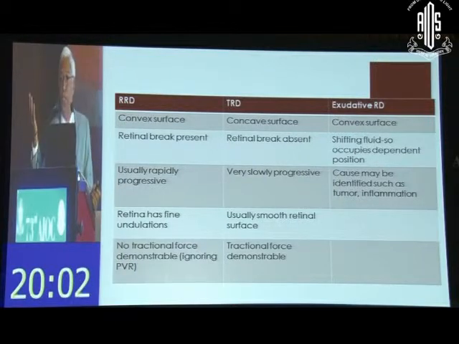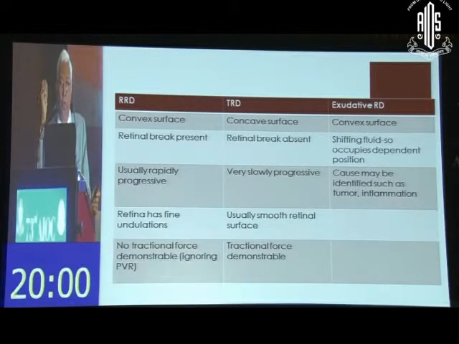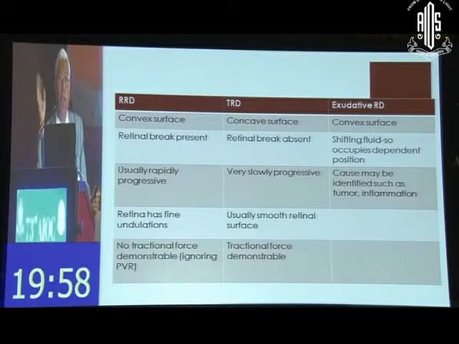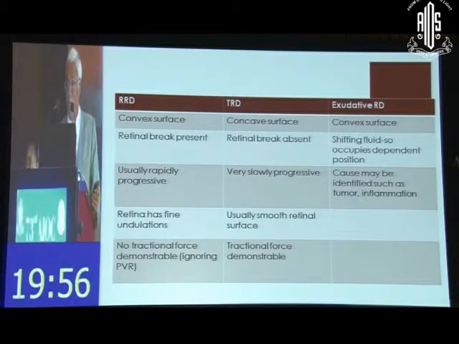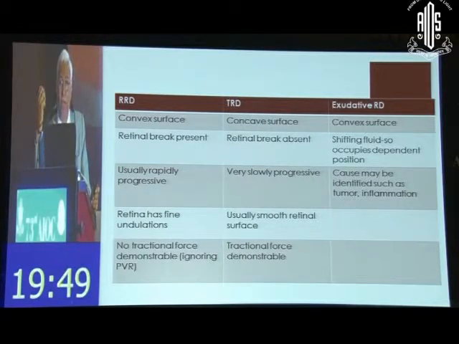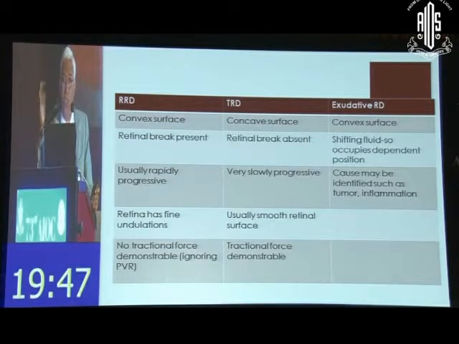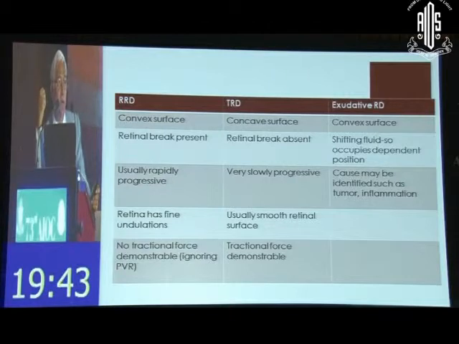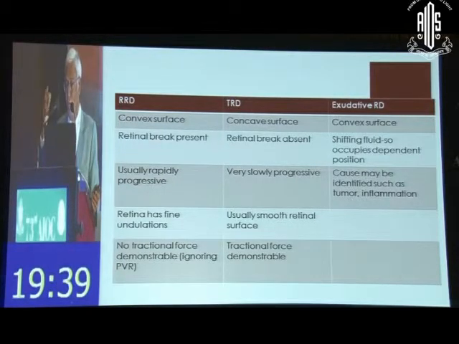And when you make the patient sit up and do the ophthalmoscopy, you can actually sometimes see what was hidden by the bullous detachment, something like a choroidal hemangioma. A hemangioma is a relatively flat lesion, unlike a melanoma, for example, hence it can be easily camouflaged by a highly elevated detachment. So you change the posture, it may well be obvious. The cause, as I said, may be identifiable as a tumor or inflammation.